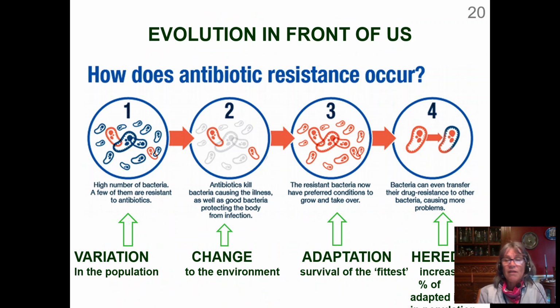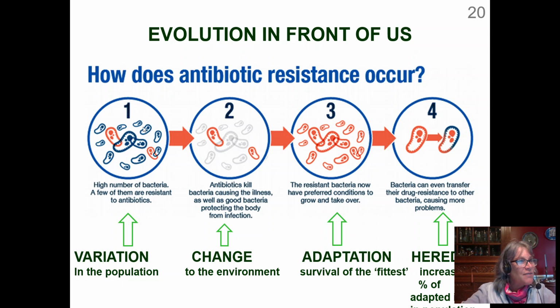Here's a great example of evolution happening right in front of us. When we talk about artificial selection, we mean that we are the selective force because we choose the trait that we want passed on. So in this case, even though humans are the selective force, it is not artificial, it's natural. We change the environment unnaturally, but it was not intentional. We were not selecting for this, but it's an end result. It's antibiotic resistance. So if I have a petri dish full of bacteria,